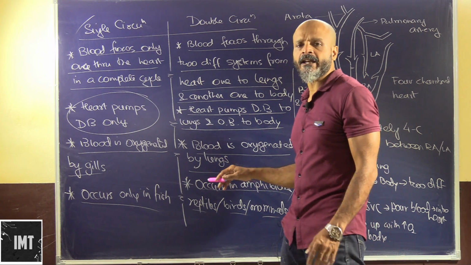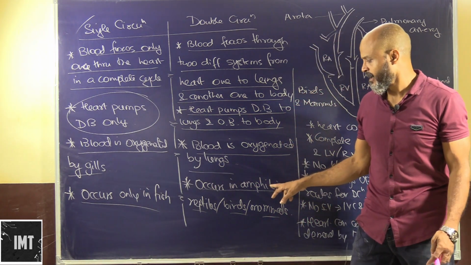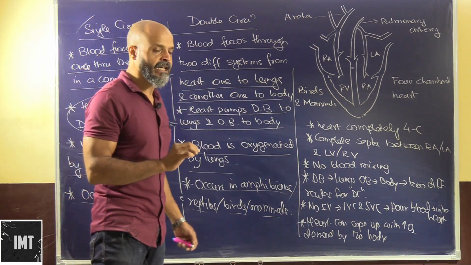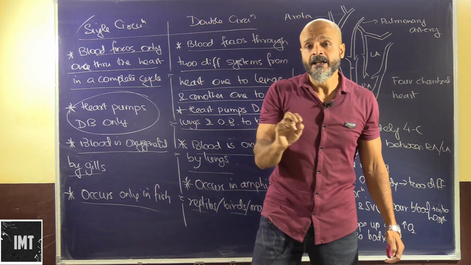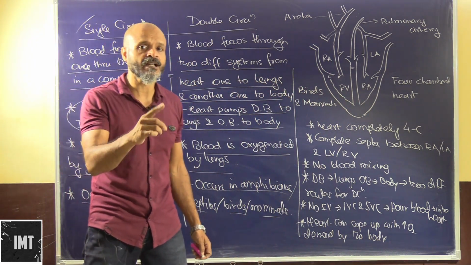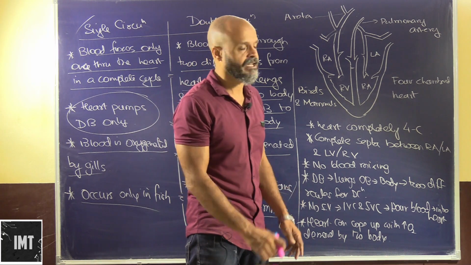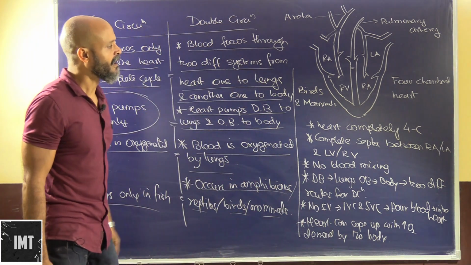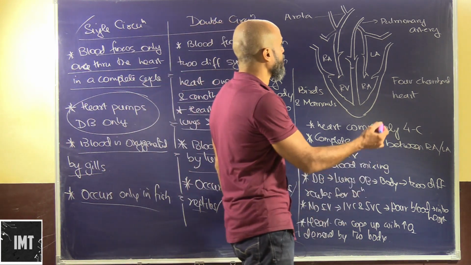So all other higher organisms than fish, like amphibians, reptiles, birds and mammals, will have a double circulatory system, in which the blood which is basically pumped into the various organs of the body by the heart is actually crossing the heart twice in a complete cycle. That's the reason it is known as double circulation. Now we'll talk about the heart which we find in birds and mammals.